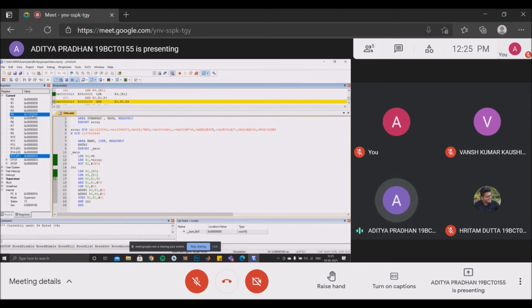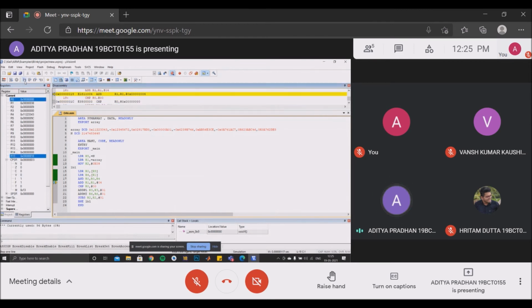So now when we compare the MSB of R0 and R4, the MSB in R0 is 1 and in R4 the MSB is 0. So when the AND operation is considered of 1 and 0, the result is 0. So in the CPSR, we can see that the N flag has no change and the Z flag will be set. This indicates that the number we have is a positive number. We can see that N has no change and Z is set.